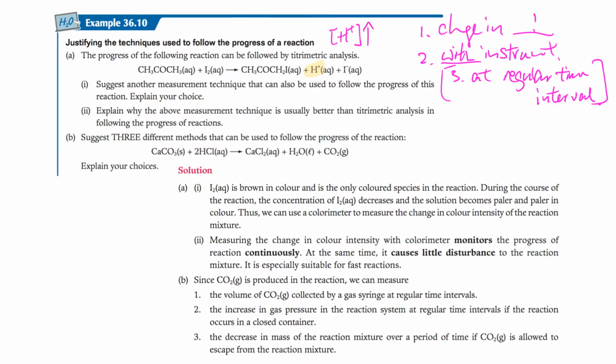But the question suggests you use another measurement to follow the progress of the reaction. In this case, other than H+, we still have I2. We don't have any gas product, you can't see any gas product, right? So therefore volume of gas produced, pressure changes, or mass changes will not be possible. Titrimetric analysis is not what we want, so the only thing left is the colored one. We can find that I2